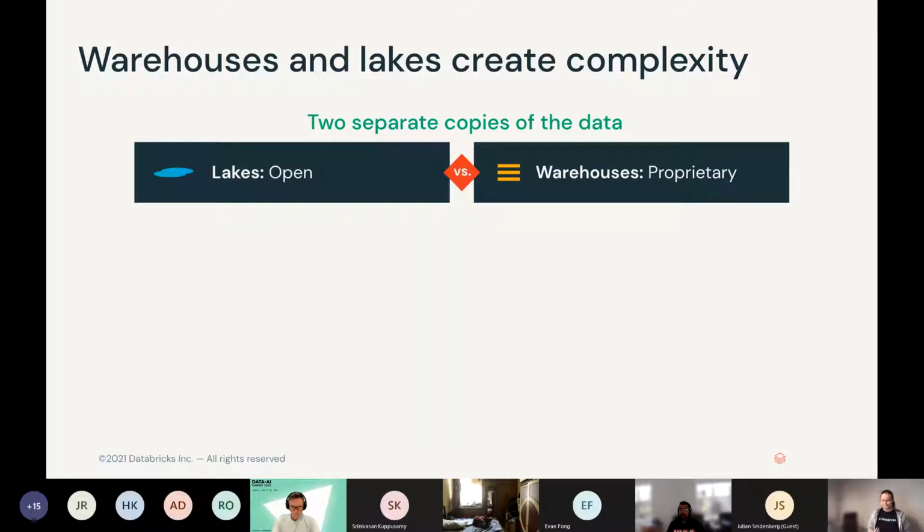They are not really, we are trying to solve similar problems, but we are doing it in very different ways. So when you look at data lakes, they usually work in open formats, so it's probably going to be Parquet files, maybe some JSON around. And when you have warehouses, they often come in proprietary formats. So it shows you data as a table, but you don't really know what's happening in between. And if you do have both, you suddenly end up with two separate copies of the same data.